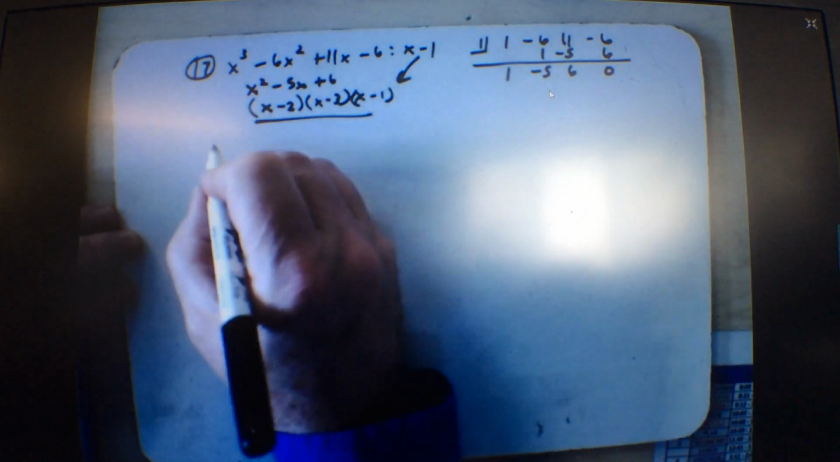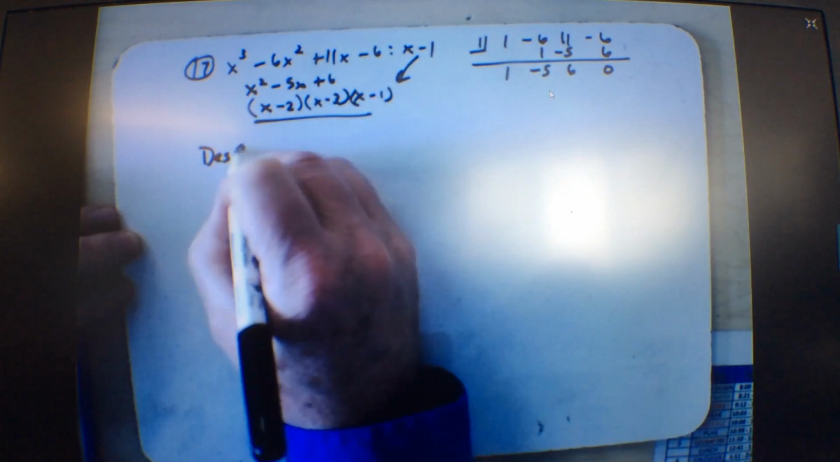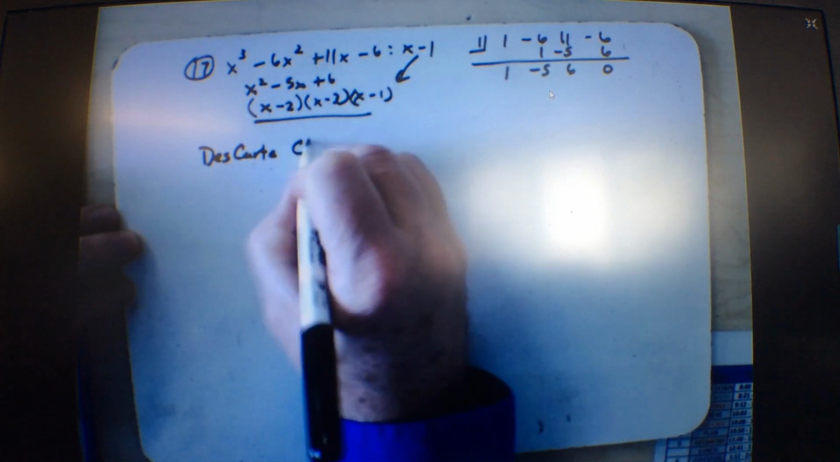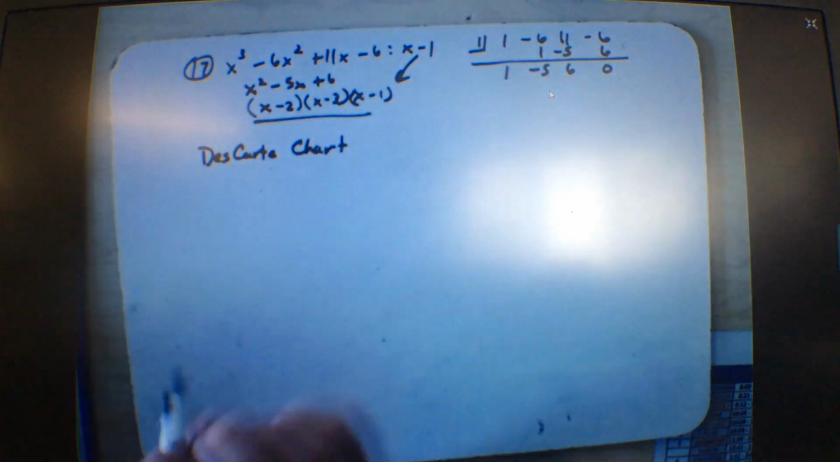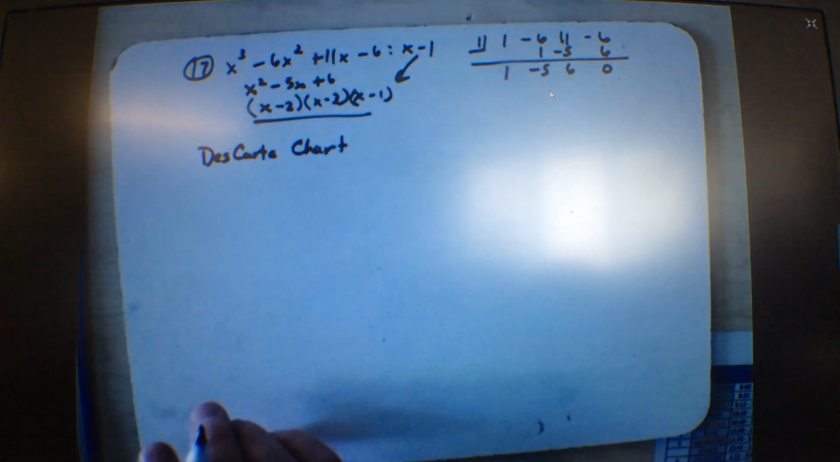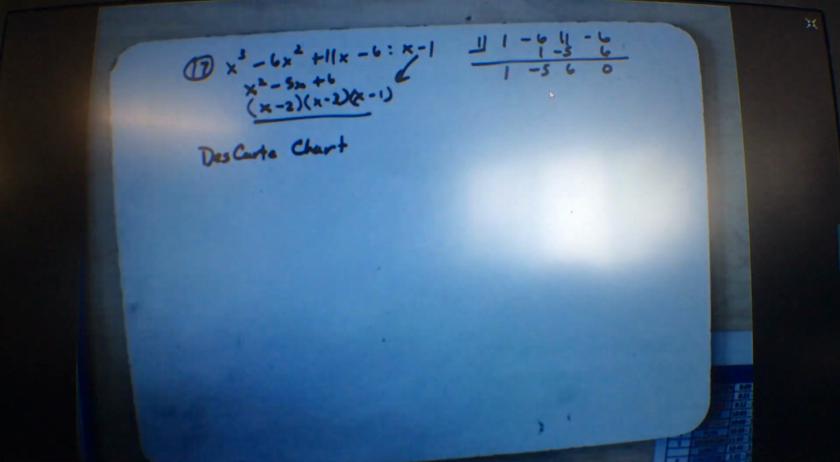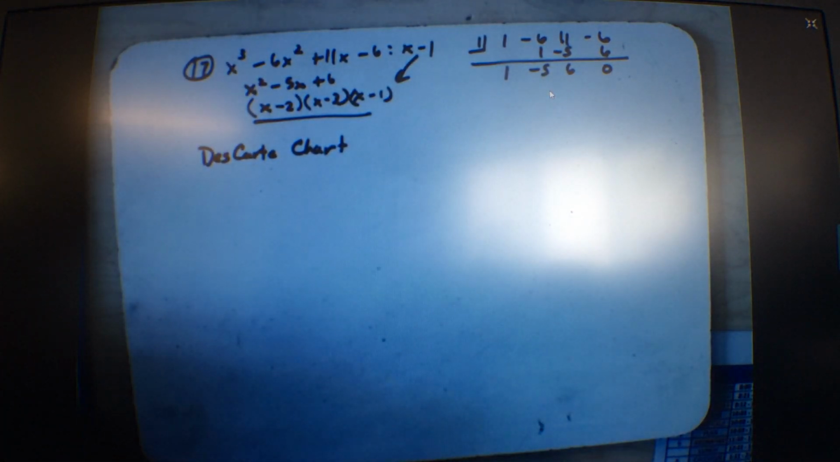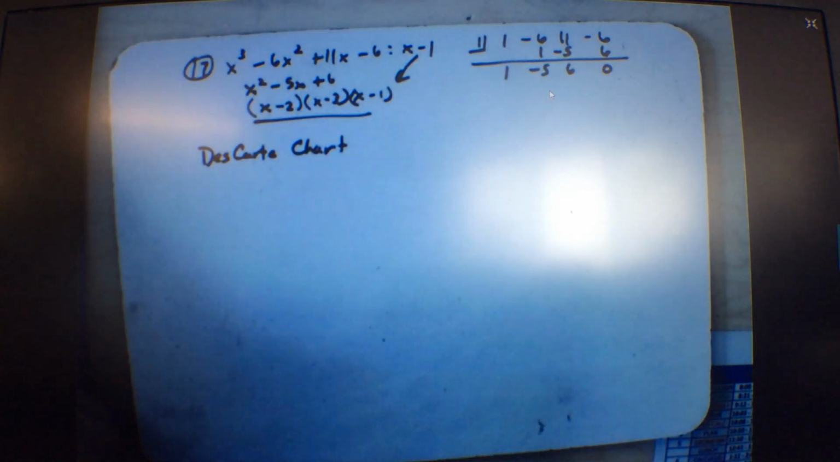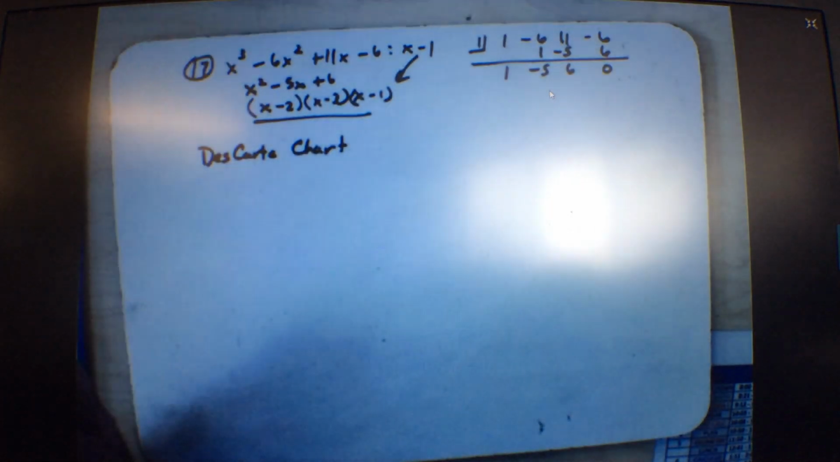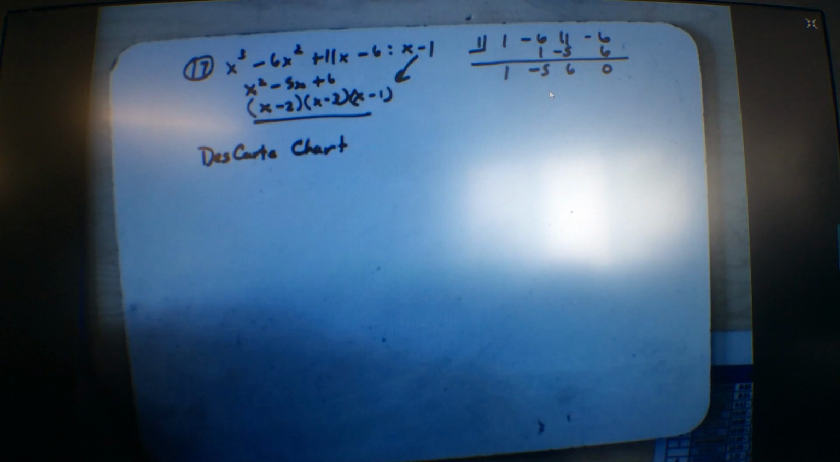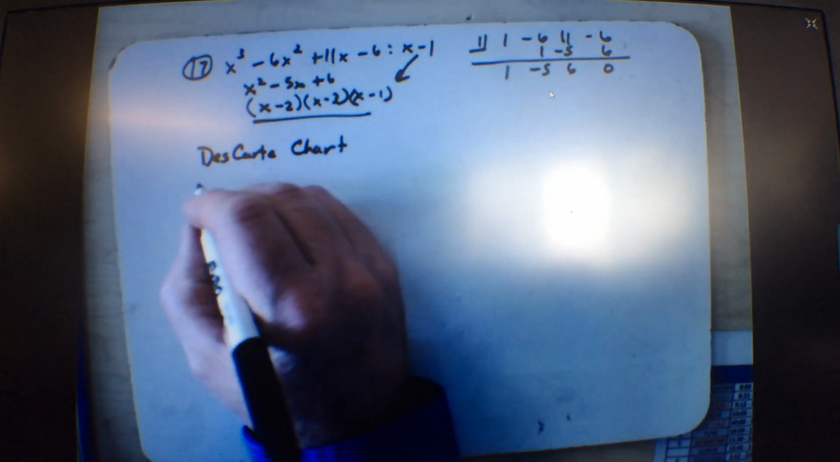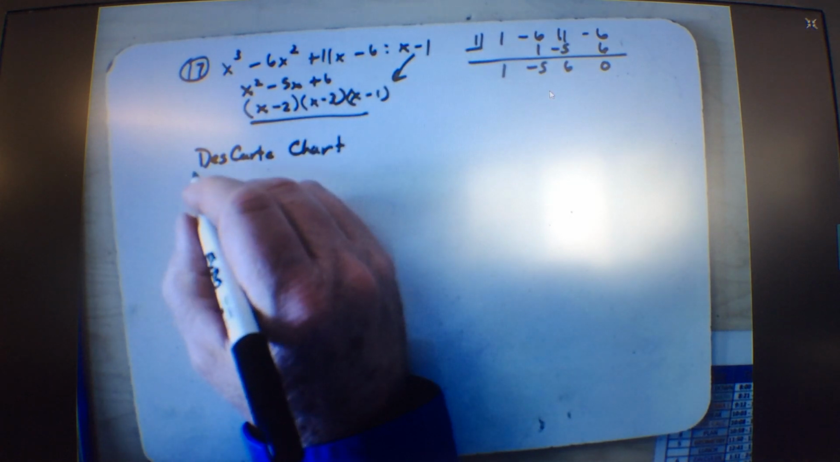And the last problem is Descartes' chart. Do you remember how to do this? Yeah. They all add up to something. Right. List the possible number of real roots, and I want the chart. I have a little chart there. All you gotta do is fill it out. So here we go. We got f of x